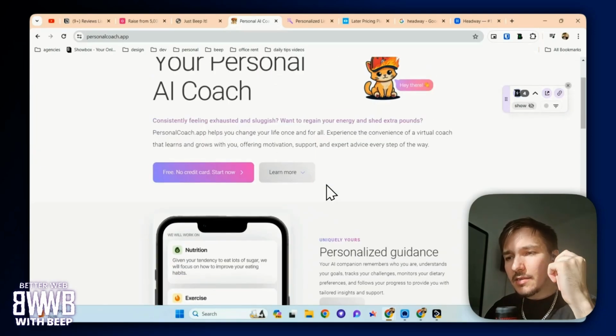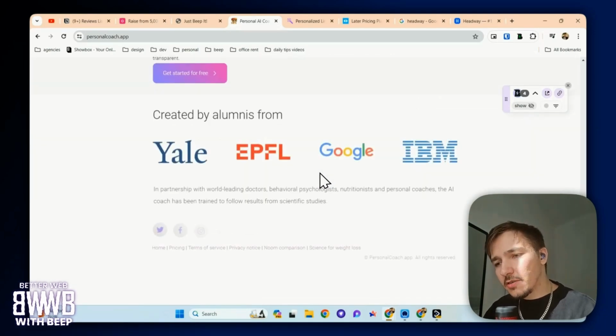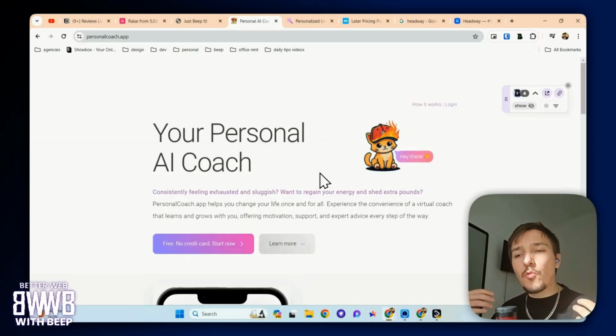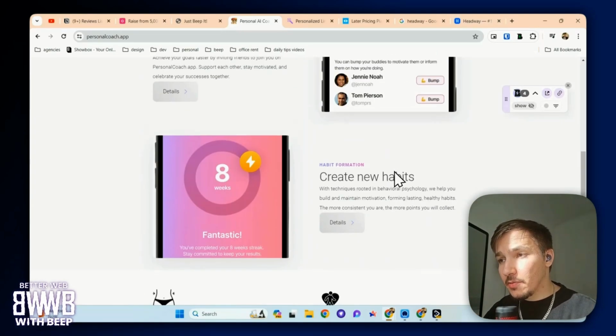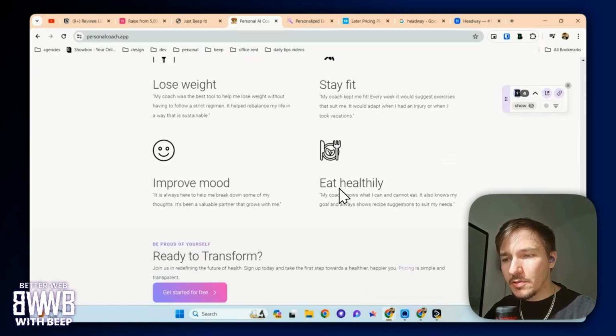So this section, in general, the whole site is not bad. It's actually nice, I would say. It looks cute, small, but it doesn't motivate you to actually use their app. In order to motivate people to use their app, it needs to be more visually interesting. As an example, you see how it has here: create new habits, stay motivated, don't lose weight, stay fit,